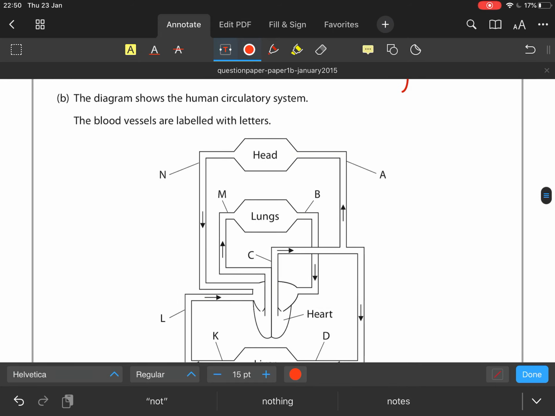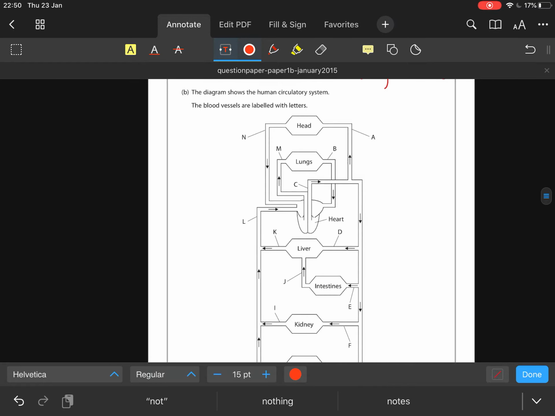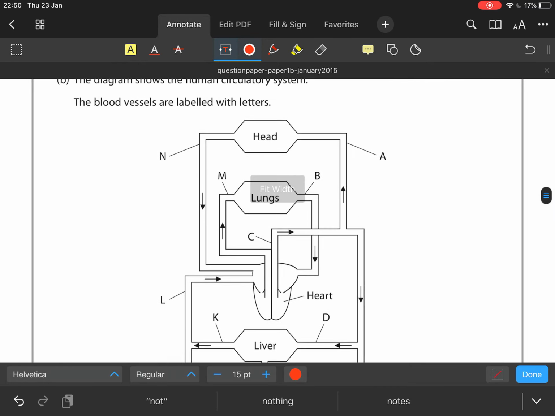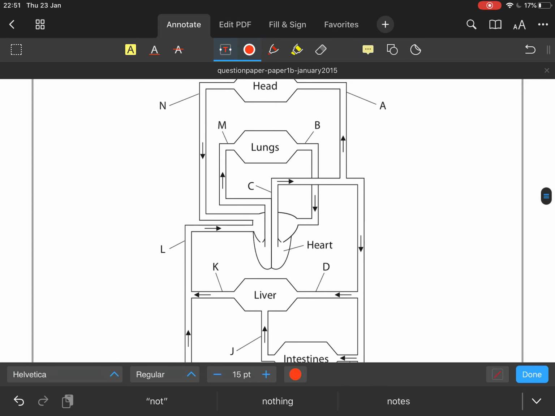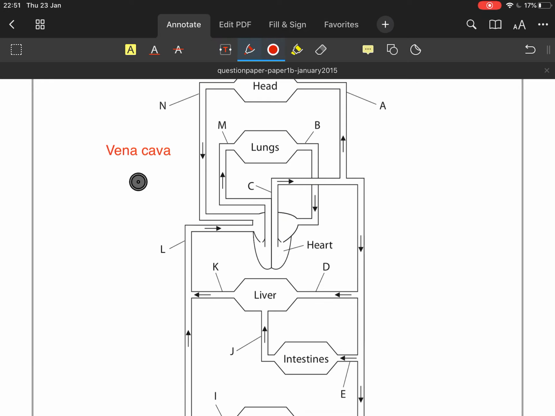So we move down. The diagram below shows the human circulatory system. We just need to remind ourselves where some of these are. We should be able to look at what's coming in where. So we orientate ourselves a little bit on some of these blood vessels. So L here is leading into the right atrium, as is N. So L and N both make up the vena cava, okay? They're both leading into